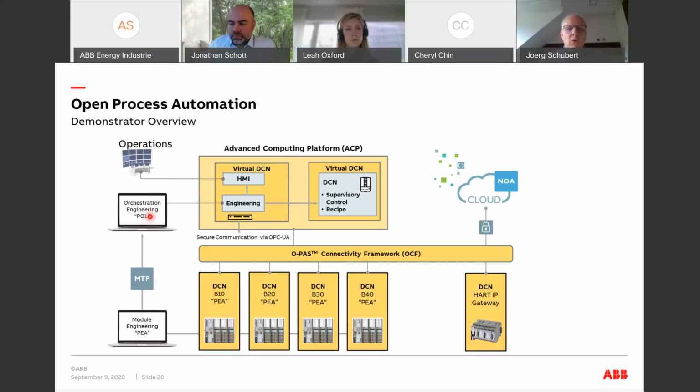So from the orchestration point of view, we could easily now say from the supervisory DCN, open a valve, and then the logic down here was executing this until the valve was open, it was feeding it back. So the entire automation basically was handled here. The base functions were coming from here.